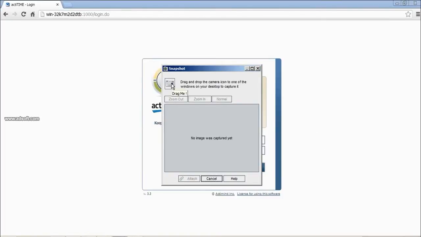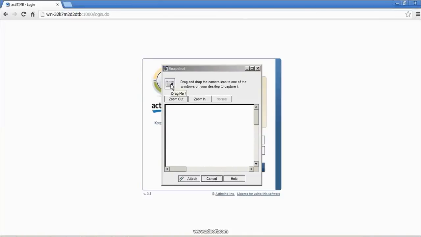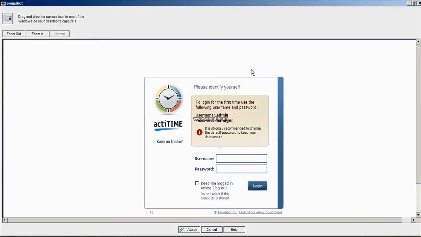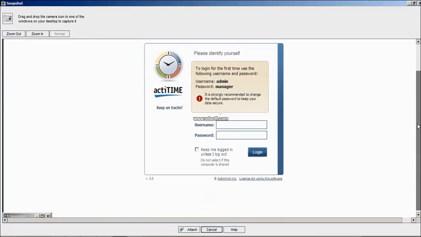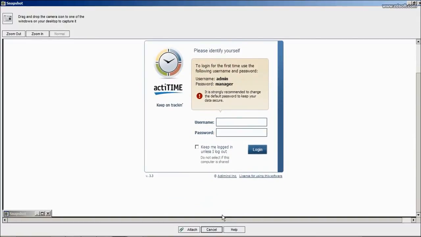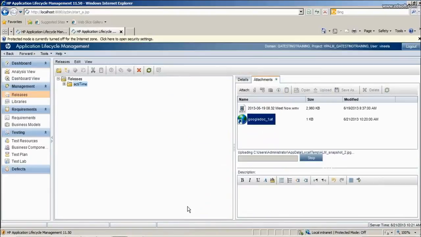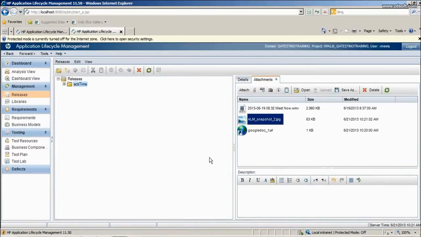Now to take the image from this tool, what you need to do is just click on the image icon. Then here you just drag this, click on this cam symbol, and it will capture the desktop screen. Here you see, I enlarged it, whatever visible desktop was there, that image is being copied. Just click on the attach button. As I told, I will be talking about this during our training process at the time of release.